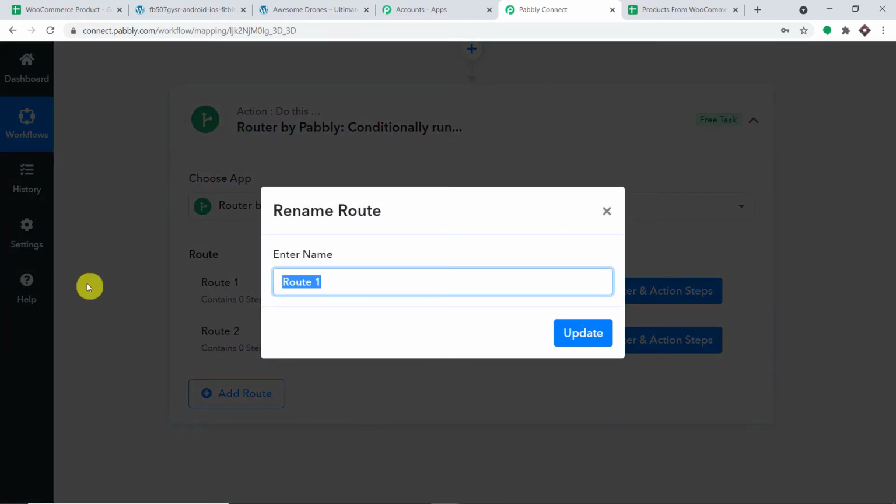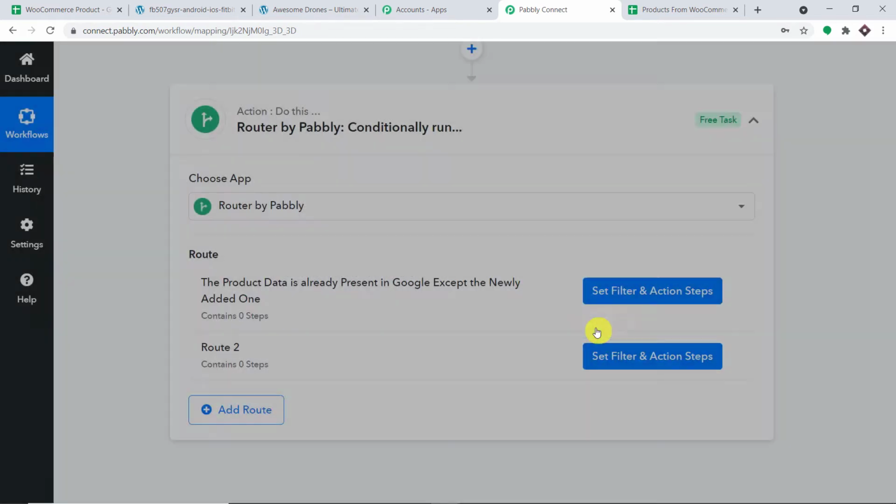The first route will be the product data is already present in Google Sheet except the newly added one. Now remember this, the newly added one was of drone, and let me click on update.